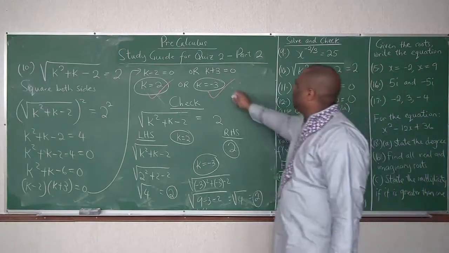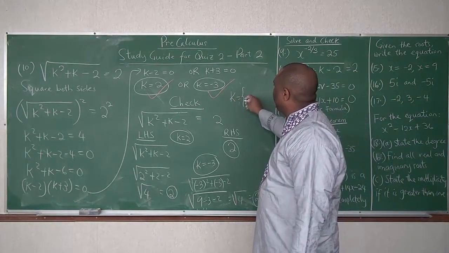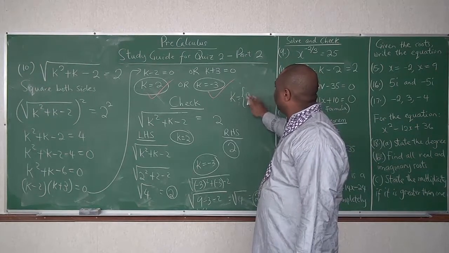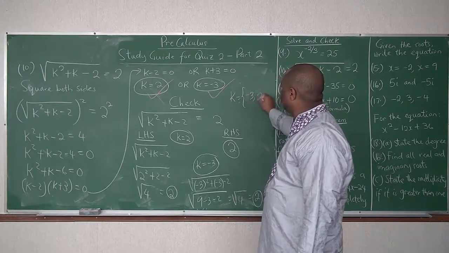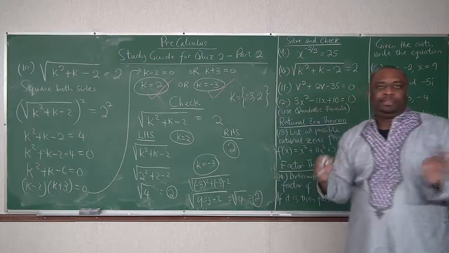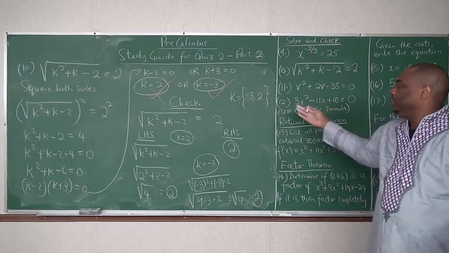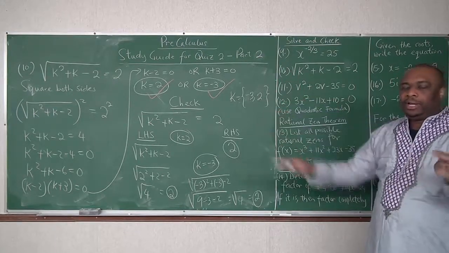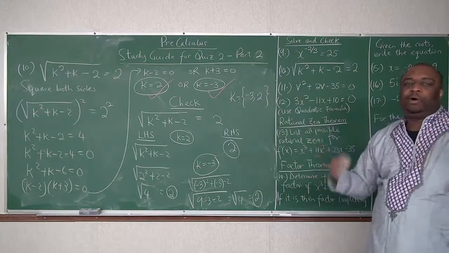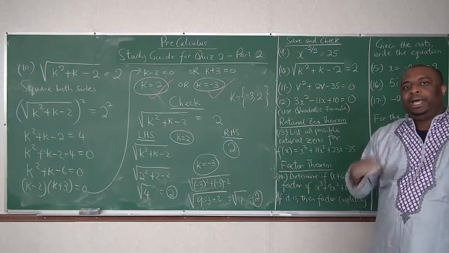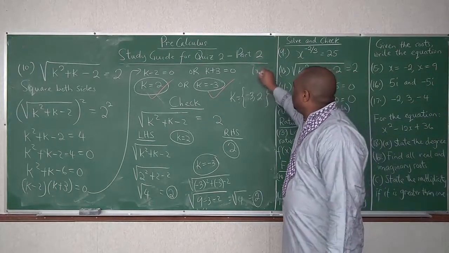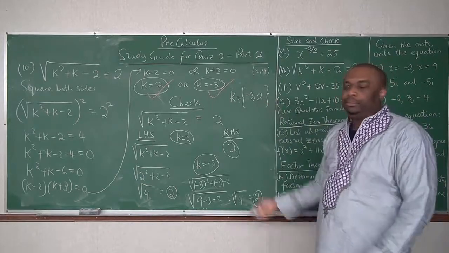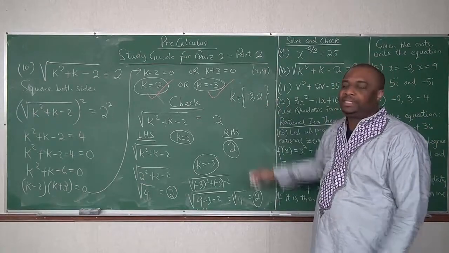And of course, you can put it in set form. This is 2, negative 3. You can write it like this when putting your answers in. This is not like an ordered pair. An ordered pair is when you have the point, x and y. This is just putting your solutions. These are braces, what we call braces.